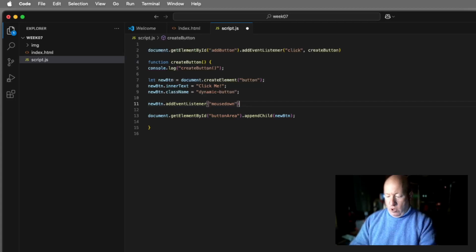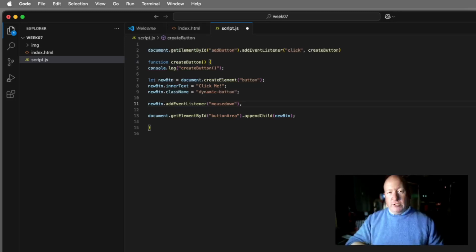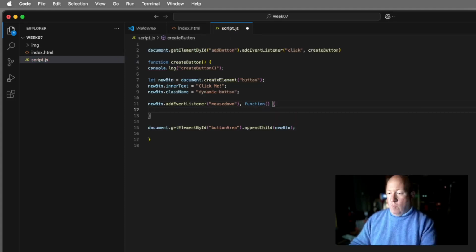We're going to call what function? Well, do you remember the week we talked about functions? There were different ways you could construct a function. Usually we would write function, create button, parentheses, curly bracket, do your stuff, and curly bracket. But there was one that was along the lines of new function equals, and you could define the function as you went. And so that's what we're going to do with this. So we're going to say add event listener, mouse down. We're going to say function curly bracket. What is the function? In our case, the function is going to be